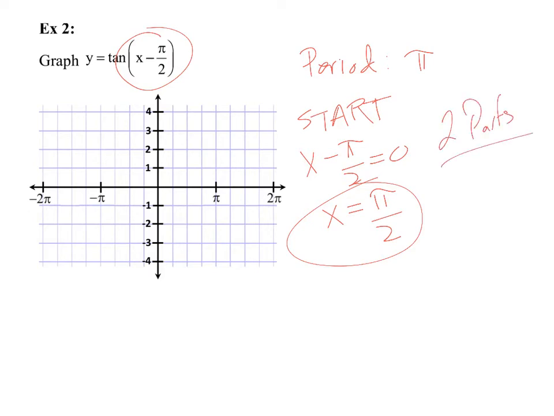So I take the period, which is pi, I divide by 2. Another important piece of information. Okay, so where does my starting point go now? It's originally at the origin, but it moves to the right now, pi over 2. So there's pi over 2. All right, from there I go to the left using my increments, pi over 2. So there's one asymptote. And I move to the right, pi over 2. There's another asymptote. And I start from the bottom, work my way up,